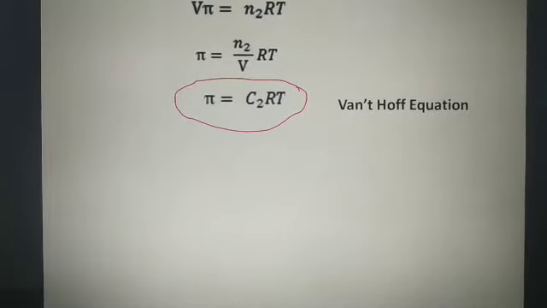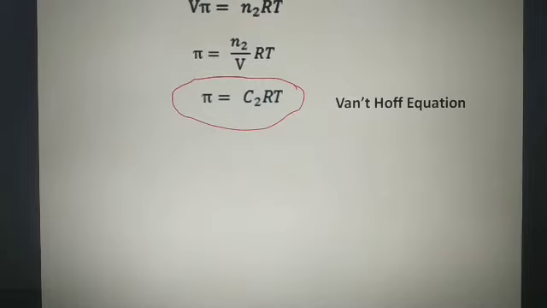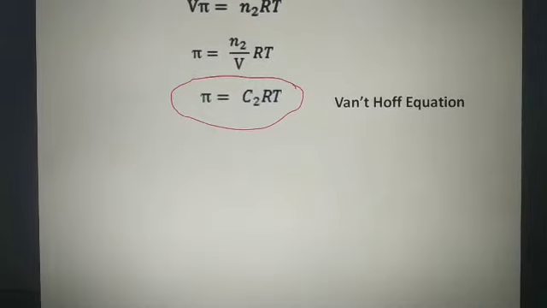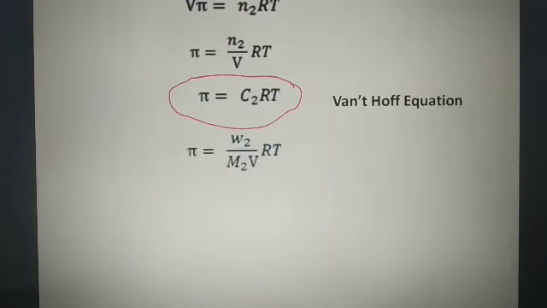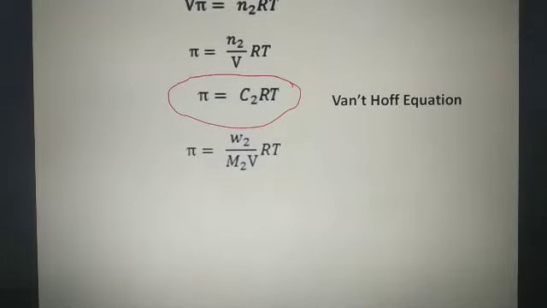When it comes in the examination as a very simple 1 mark or 2 marks question, you can simply say that pi is proportional to the concentration, pi is proportional to the temperature, so pi is equal to CRT. But when it is a 3 marks question, you have to derive it by way of the chemical potentials. Since it contains the C2 term, this is also helpful in calculating the molar mass of the solute.